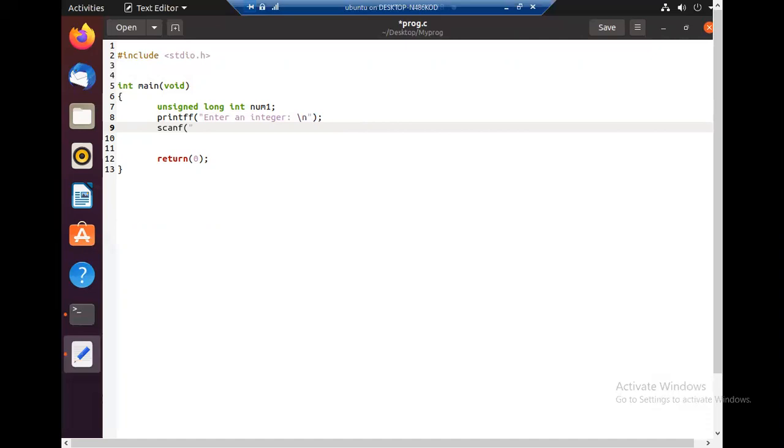If you can remember, the format specifier for a long is L, and for integer it was D, but for unsigned integer it was U, so LU. Now it is not LD, it is LU. We discussed these format specifiers last week, right? And now here we have to pass the address of the number, and then we have to